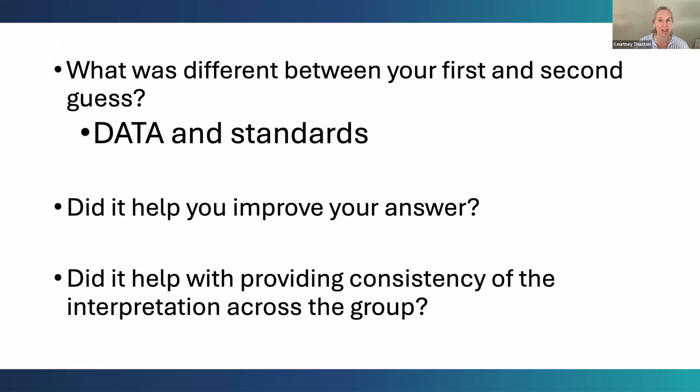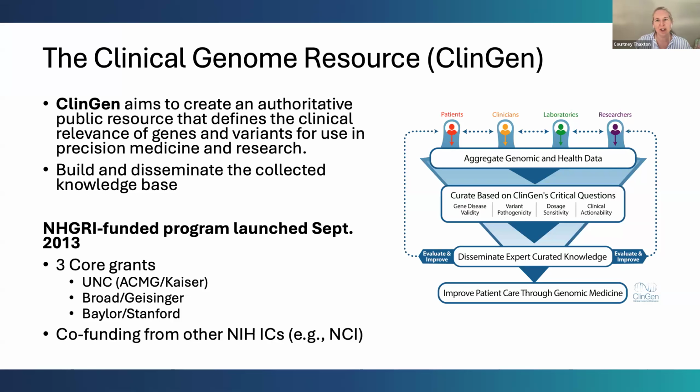We had similar data to assess. And so now we all came to a shared conclusion. And so really this was all to show you why ClinGen was developed in 2013. It was to create this authoritative public resource defining the relevance of genes and variants for use in precision medicine